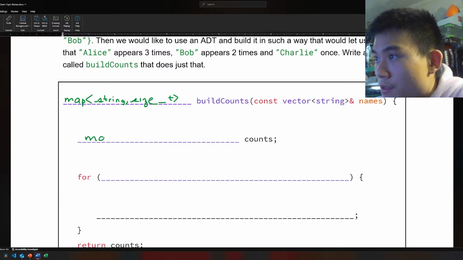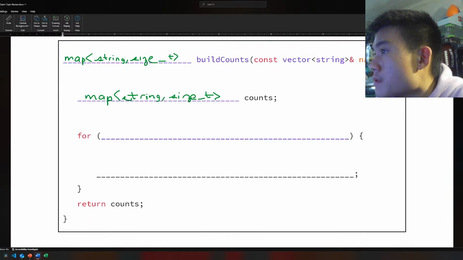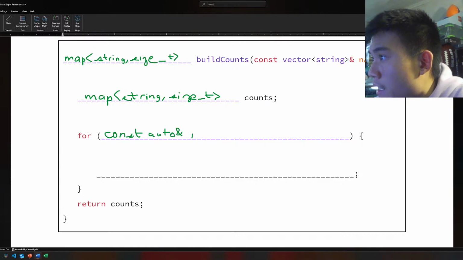So map a string to an unsigned integer. And then for each name in names, so for const auto ampersand name in names,